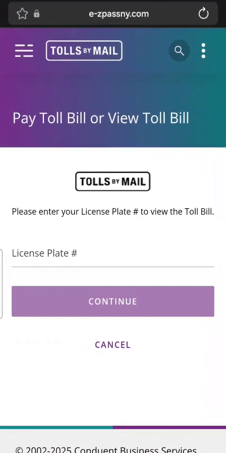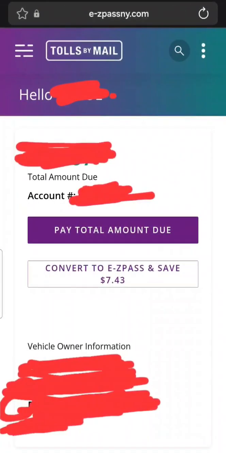So put your license plate number and tap on continue. This comes the next screen. First it's going to show hello, your name, then total amount due, your account number, and make sure it is the same as what you see on the bill. Remember, a few screens back you saw this. And your owner information, your name should be there along with your registered address. So you have two options: pay total amount due, or convert to E-ZPass and save. I just tapped on pay your